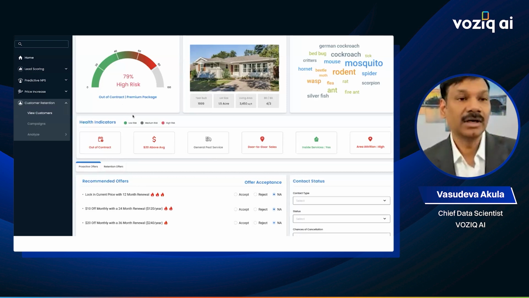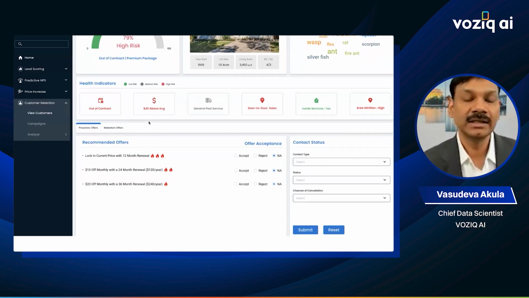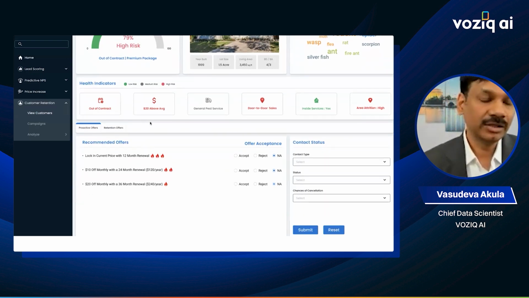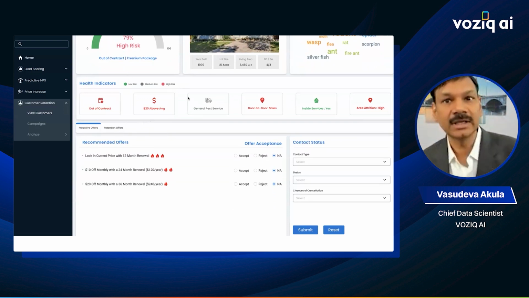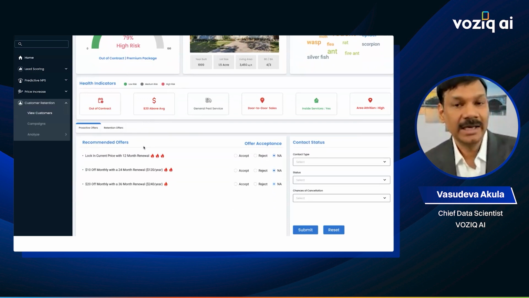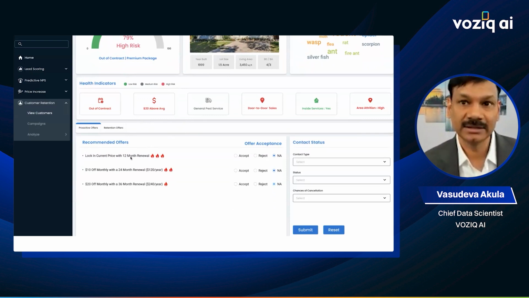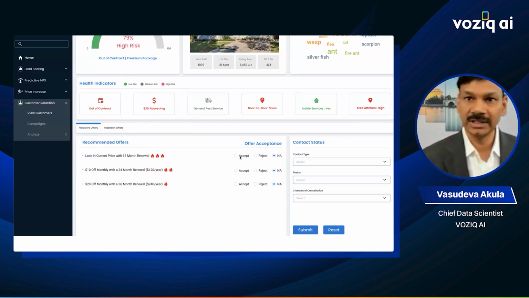But the machines are also reading all of this. So immediately they translate and recommend, exactly like YouTube recommendations, Netflix recommendations. For a customer with this type of profile, the AI is now recommending 3 different actions, right? The first one is, lock the price with 12-month renewal, right? If you offer renewals and things like that. Let's say if the customer is